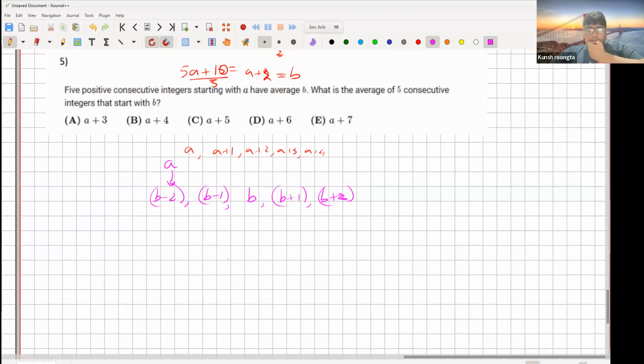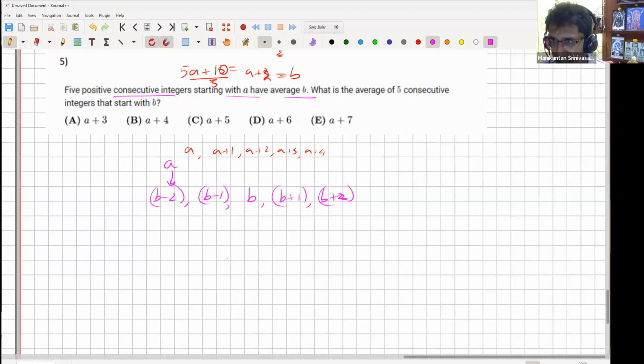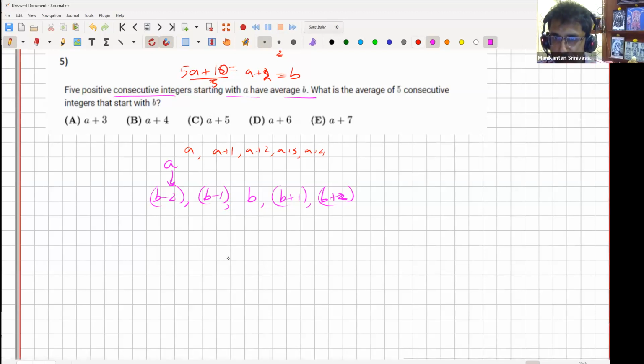How do we know that A is B minus 2? Because that's what I'm saying. 5 consecutive positive integers starting with A have an average of B. So for 5 numbers to have an average of B, it must be B with 2 on either side. Yeah. Now the question is, what is the average of 5 consecutive numbers starting with